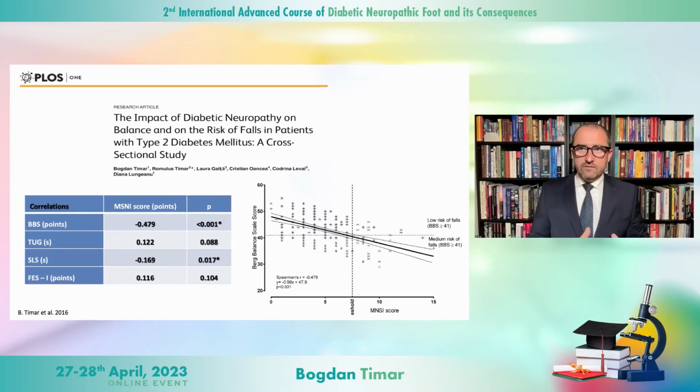Definitely, this showed us that a higher MNSI score in patients with diabetes and diabetic neuropathy is associated with an increased risk of falls in these patients. And having in mind that these patients have diabetes, and many of them are of a higher age, which is associated with a decreased prognosis regarding recovery after a fall, definitely we can